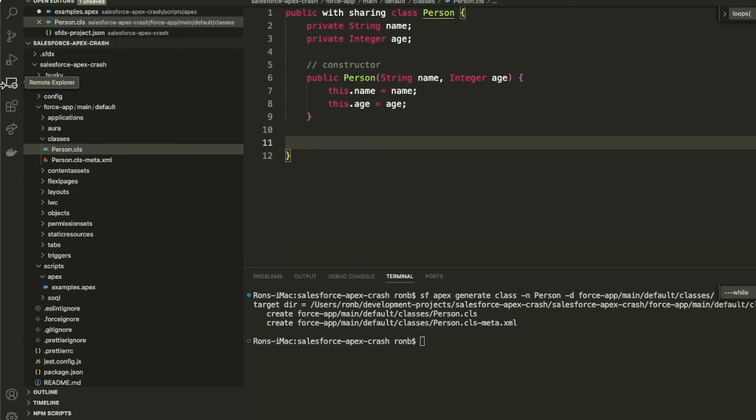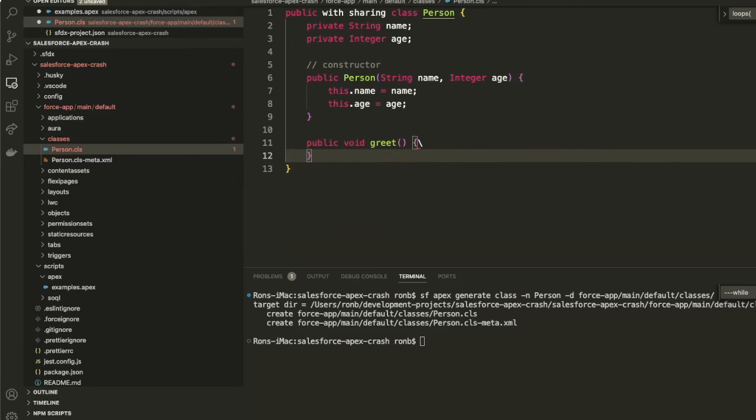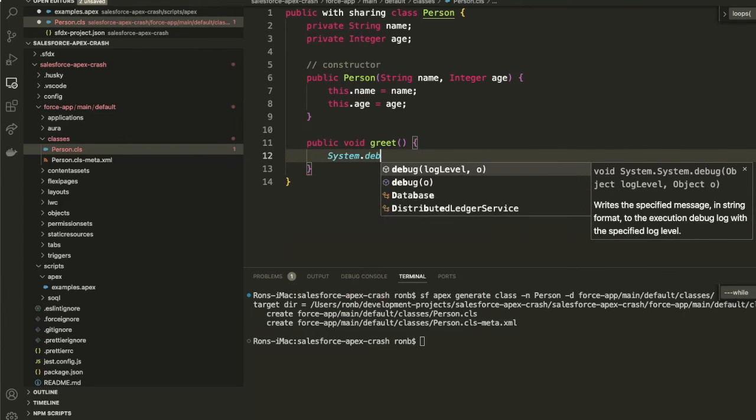Next up, we're going to define some behavior. So let's create a new method. We're going to call this public void greet. Now notice the difference here. I'm saying public void, not private, because I want this to be callable outside of this class, if you will. So what I want to happen is whenever greet is called, I just want this person to greet the user. So we're going to say system.debug,